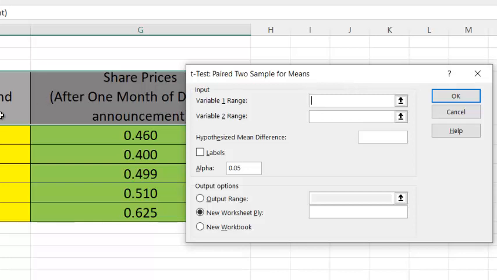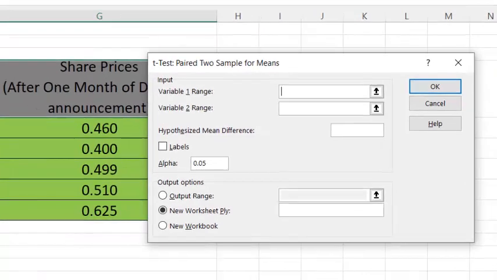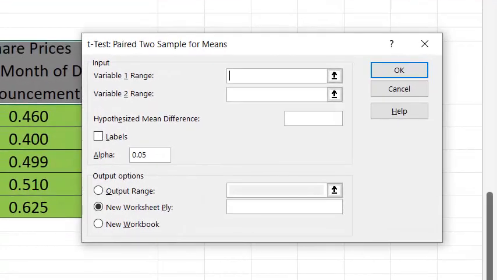So let's say there is a company XYZ, and we have taken share prices. Just for the sake of demonstration, I have taken only 5 prices, but when you do this test practically, you will have to take as many prices as possible, so that your test results will not be affected by the small sample size.